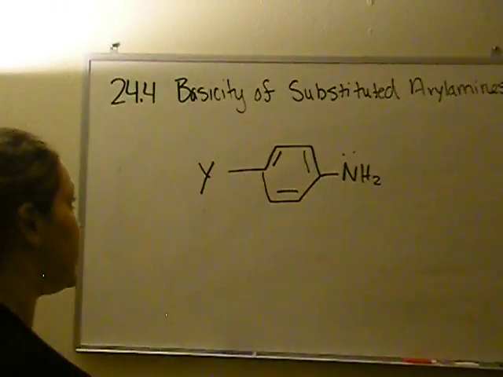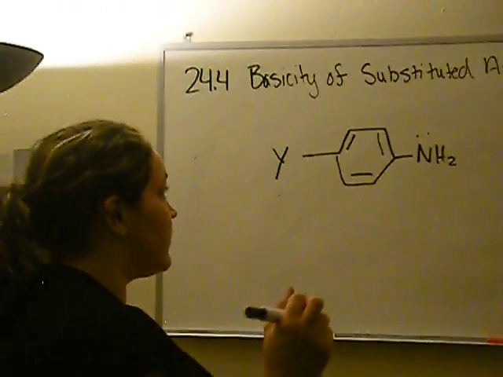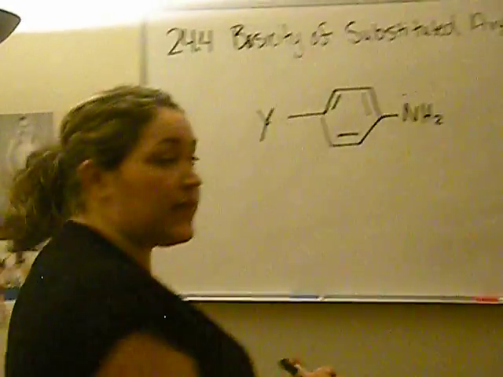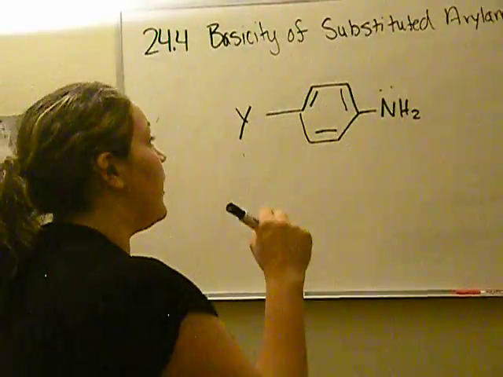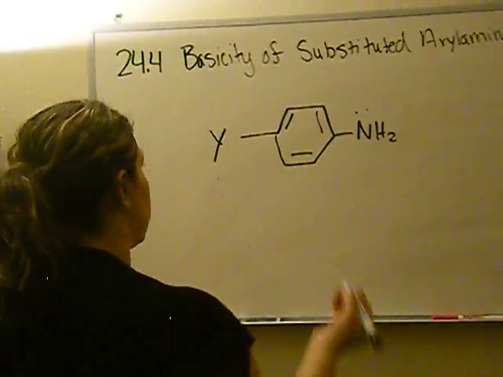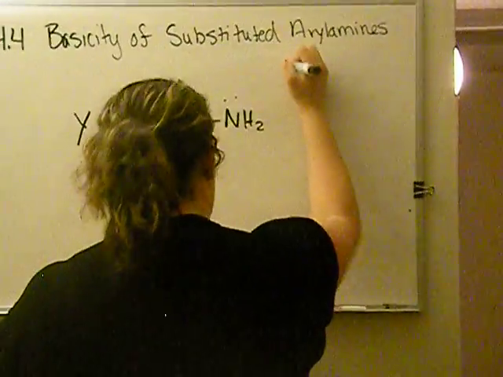So it all depends on the substituent. If it's delocalizing or an electron deactivator, it will be less basic, and if it's an electron donor, it will be more basic. So we'll go over to this chart,